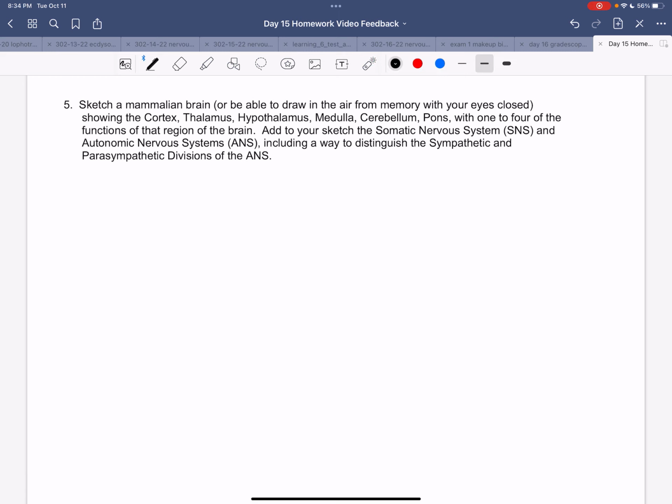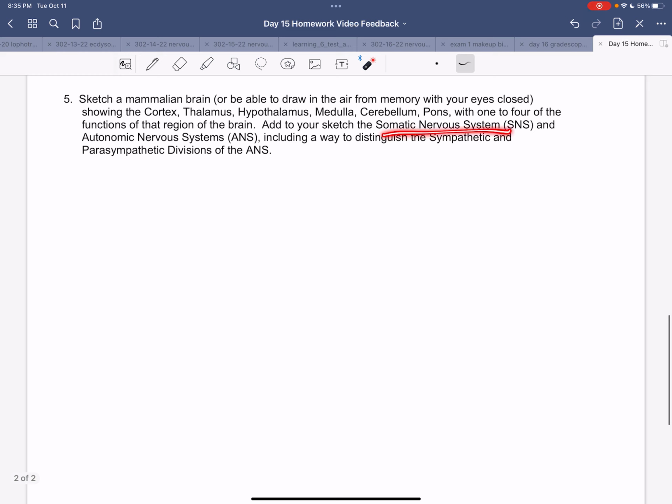Okay, brain areas. Cortex, thalamus, hypothalamus, medulla, cerebellum, pons. And with 1 to 4 of the major functions of that region of the brain, I often put medulla and pons together. They're both foundational brainstem parts. And then we also want somatic nervous system and autonomic nervous system. Okay, so let's draw a brain